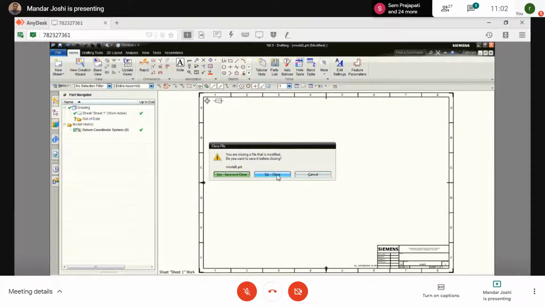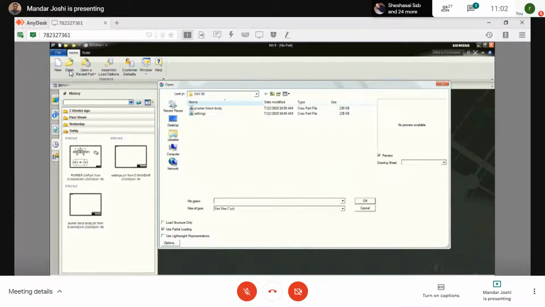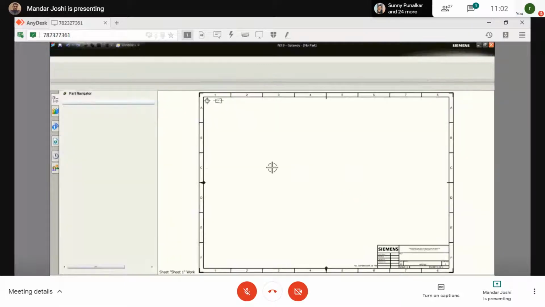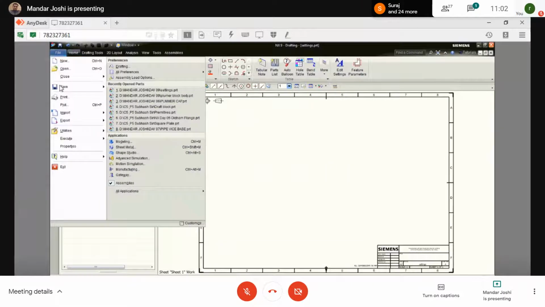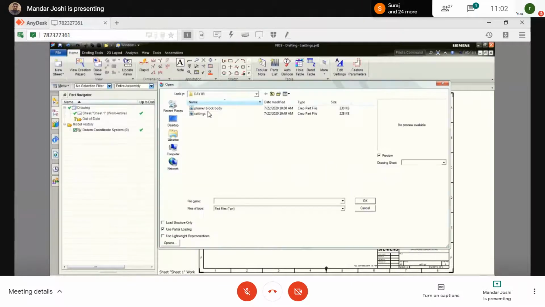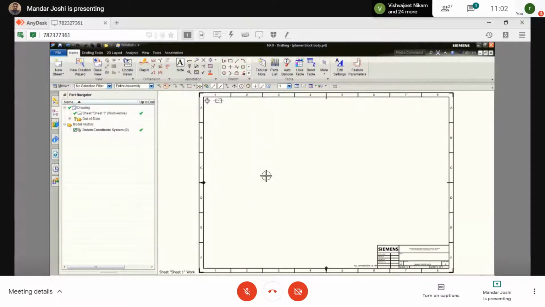So what you need to do now, when you want to create any new file, you just open the file. First always open the setting file. Then save as with a different name, and then again open that new file name using the open file option. Now whatever settings we have done, everything will be applied here. No need to do it again and again. So we are taking the benefit of the save as functionality after setting the drafting.